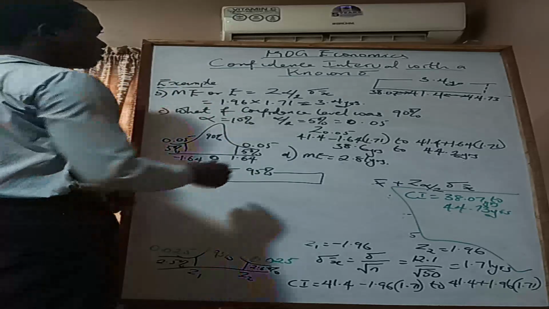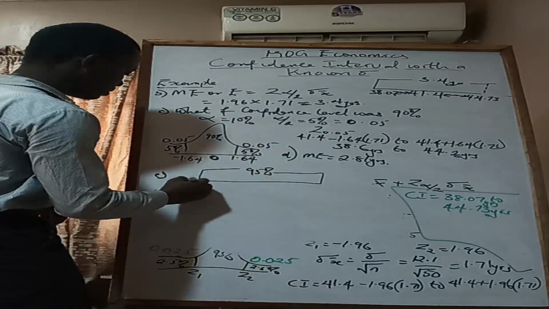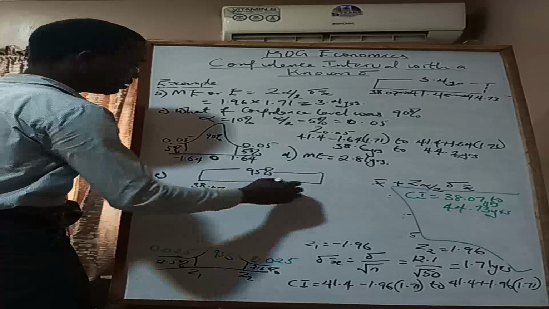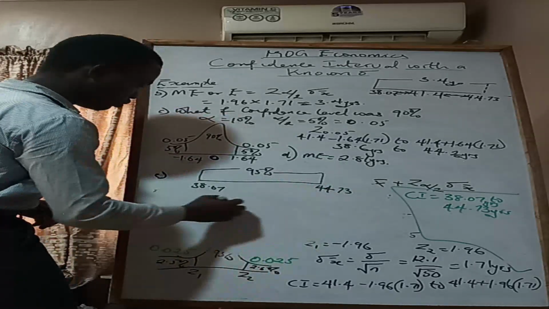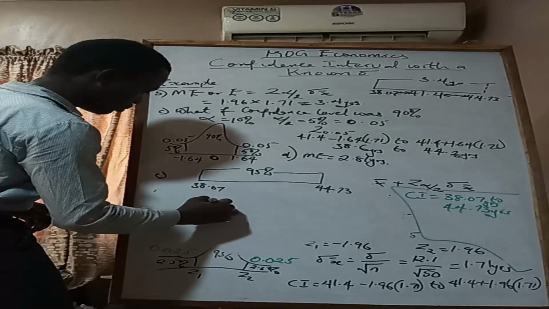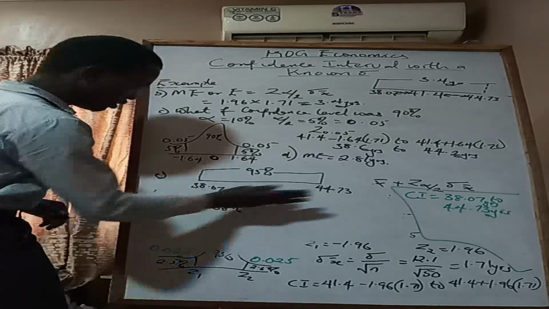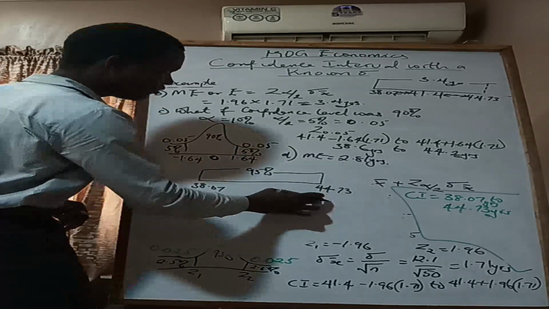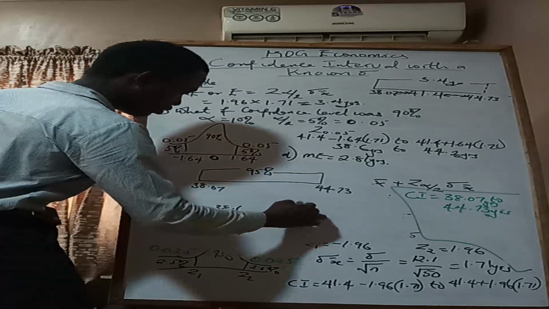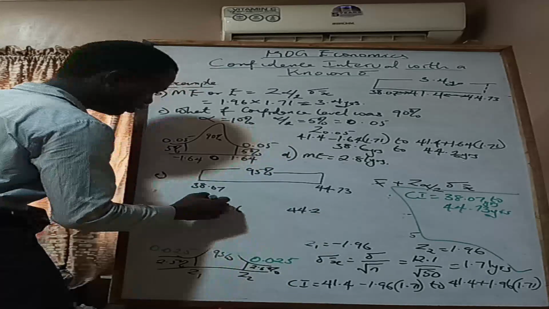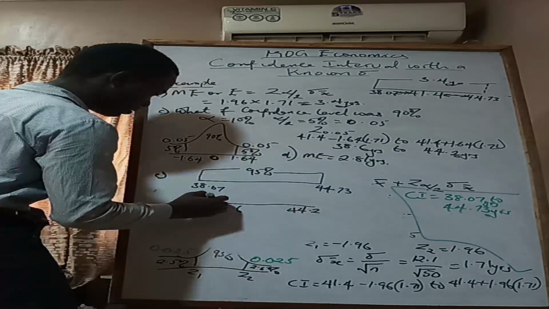Okay, you had 38.07, and then 44.73. But now, the new one that you have is 38.6, which is closer to the mean, and then it's 44.2. 44.2 is inside of this. So when you draw it out, you have something like this,